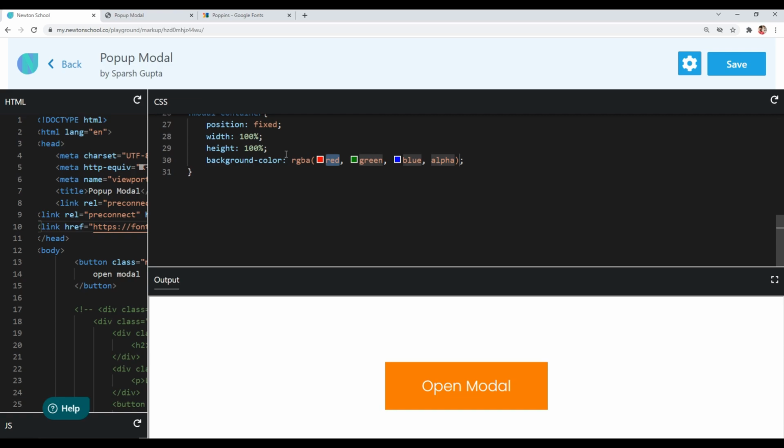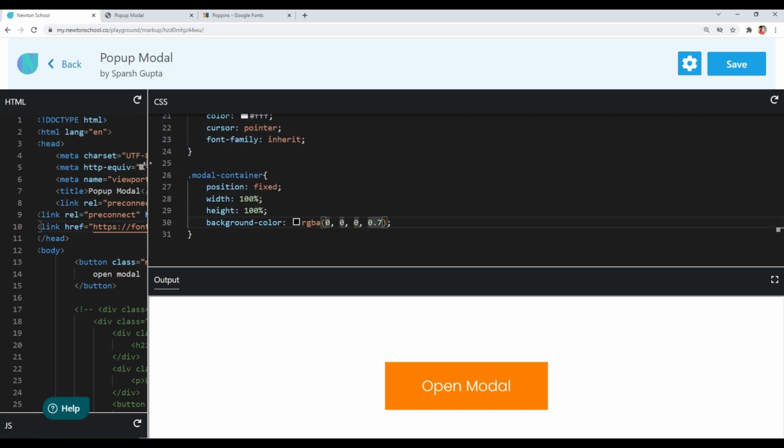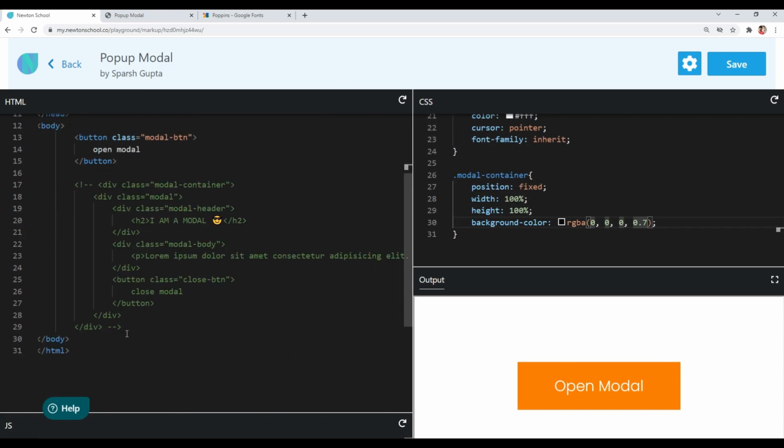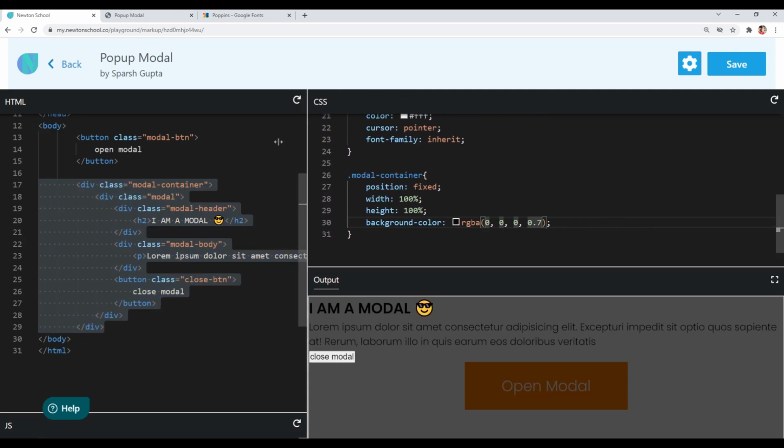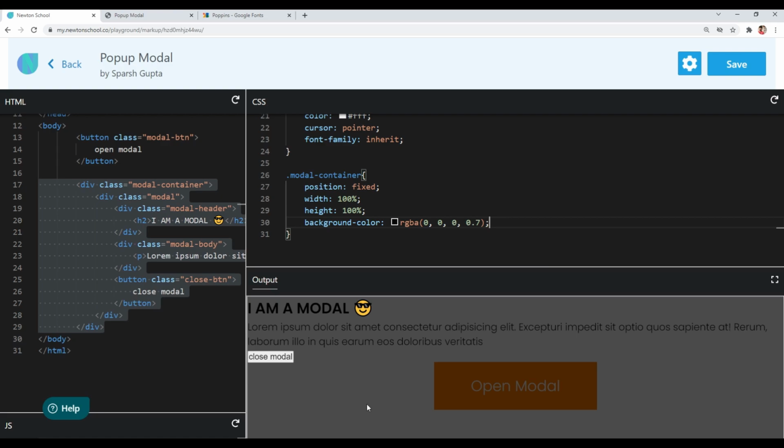So I will pass the RGB value for black, that is 0,0,0, and for the alpha value I will pass 0.7. Now let's uncomment our modal container and see what we got. So you can see we got our background color on modal container with a slight transparency, and that is what we want.